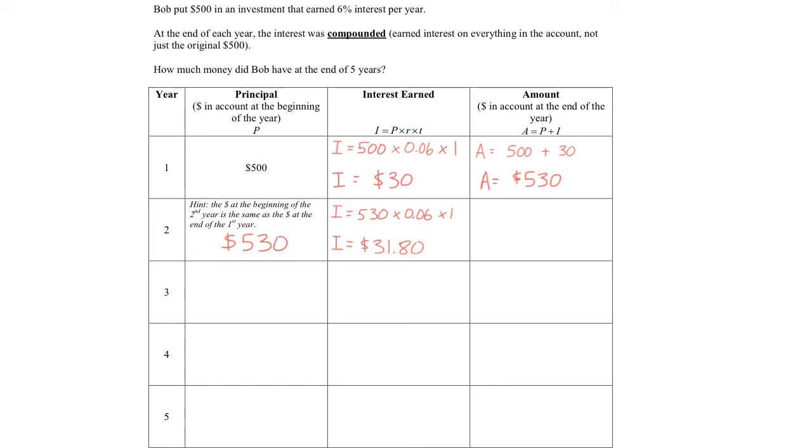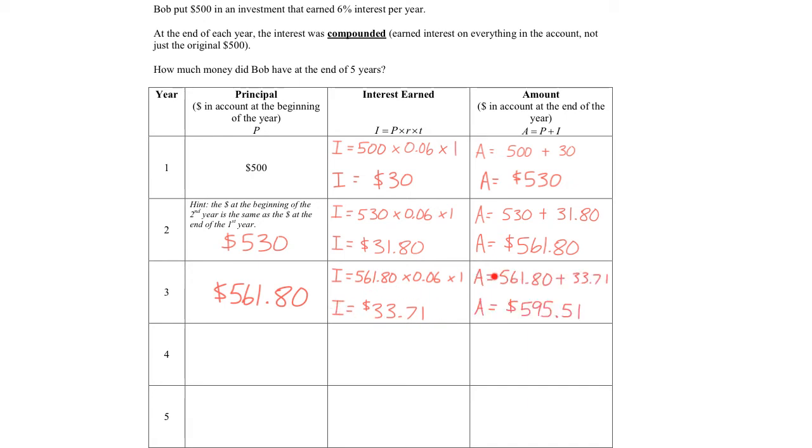So now, what's the total? Well, he had $530 at the start. He earned $31.80 in interest. So now the amount in the account is $561.80. So now at the beginning of the third year, he has $561.80 in the account. He earns 6% interest for that year, which brings us to $33.71 in interest. So now the total amount in the account will be the principal plus the interest, and that ends up being